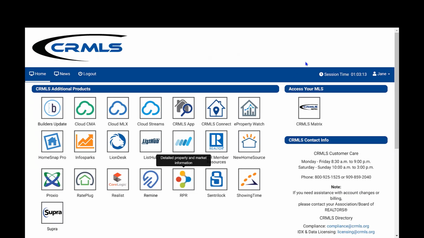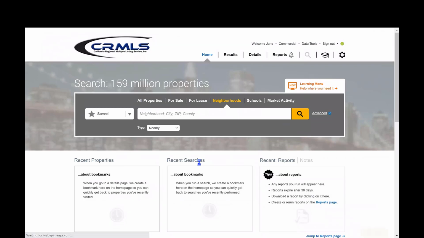RPR, Realtors Property Resource. So Realtors Property Resource is a tool that has been created by the National Association of Realtors. Let's drop in there. RPR for short, Realtors Property Resource, is based on parcel data across the nation. So if you wanted to search for a property, as an example, in another state, or if you wanted to search for comps in another state, RPR would be your solution for that. Depending on the MLS, if they participate and share their data with RPR, we are able to search.